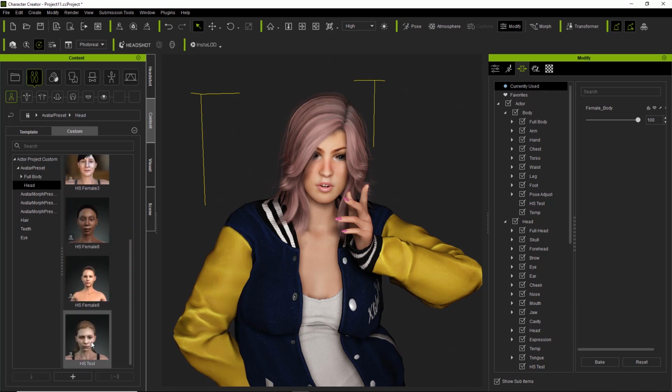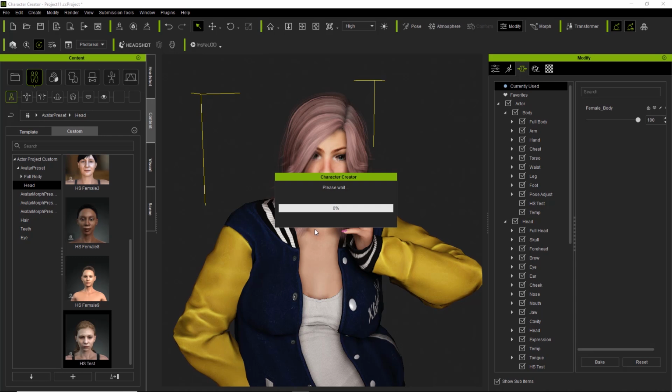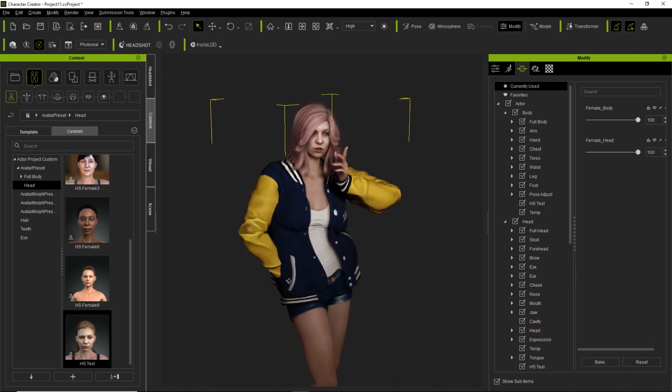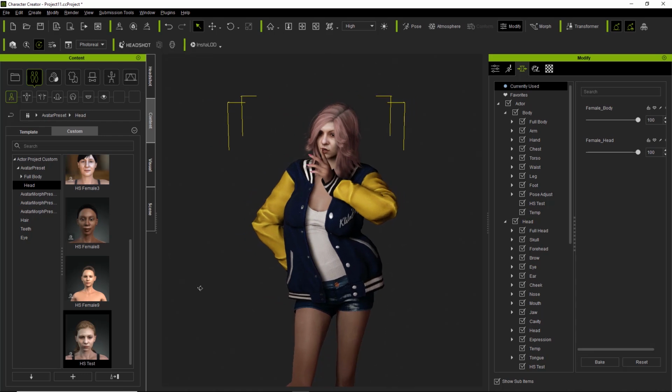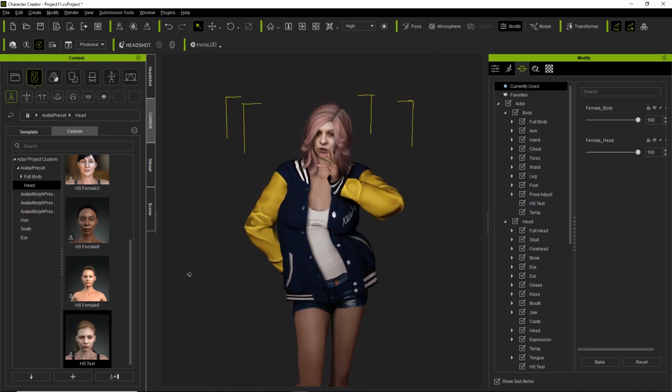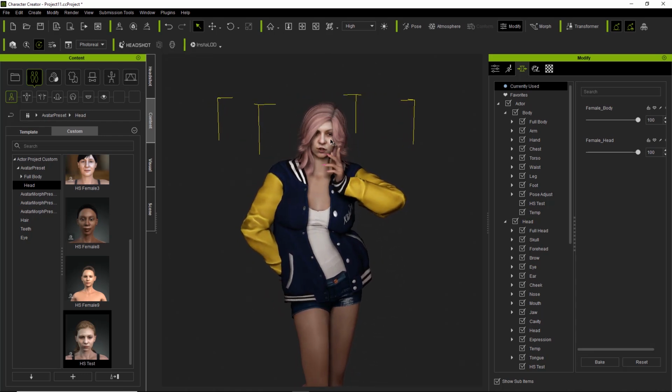And once I replace my character's head by double-clicking it, it's going to replace the head. We're going to apply the morph, the texture, as well as the head color to the body, and select apply. Okay, so what that's done is that's replaced all of the skin texture there and kept the morphs and everything. The morphs on the face have been replaced. The facial skin texture has been replaced.